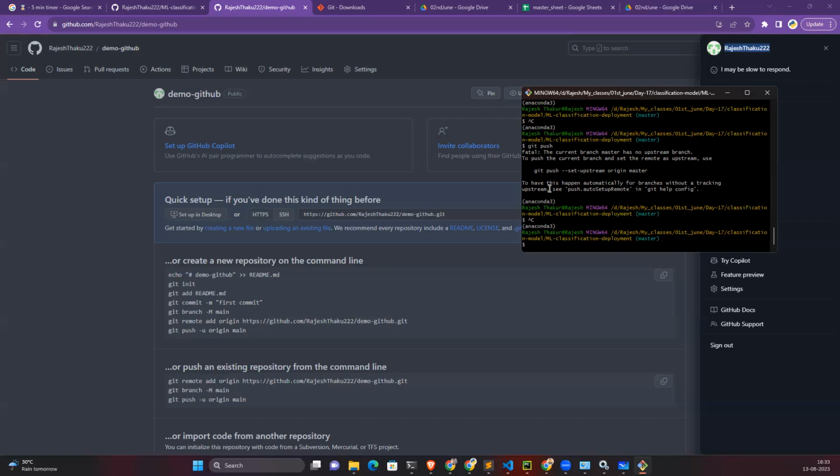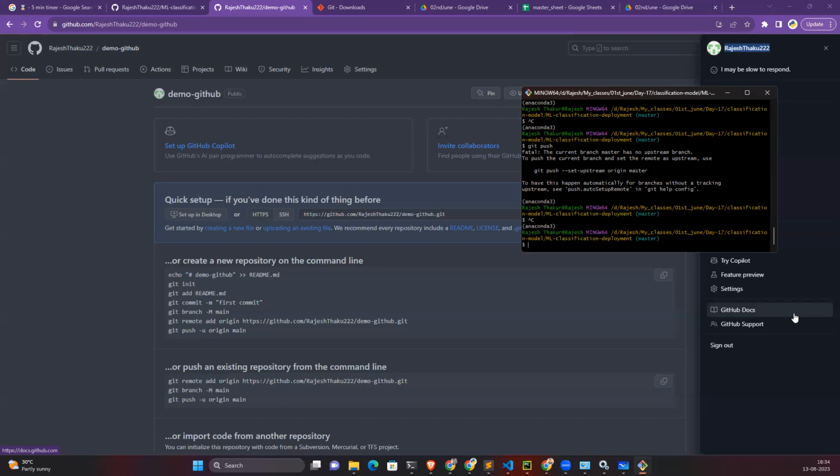Can you share your screen? I want to see. And what about Trimula and Divya? Are you able to push? Yeah, I shared the screenshot. Okay. For me, I'm getting everything up to date. Branch master set up to track origin master. Has the push been done or not? Yeah, git push. Okay, so it's fine. So it's good, it seems.